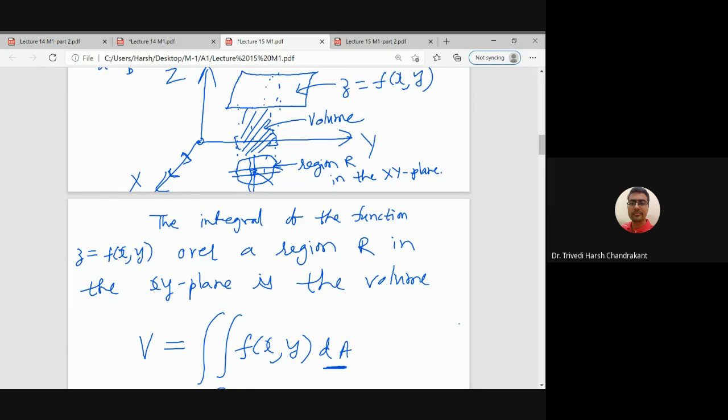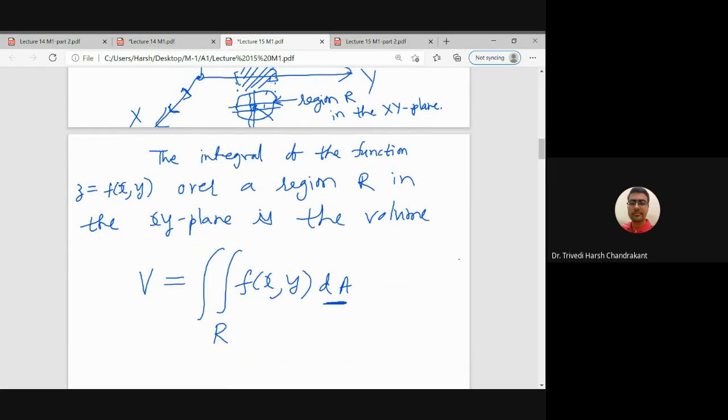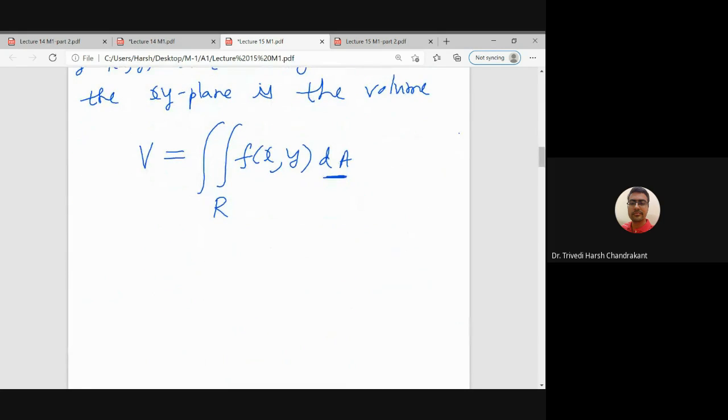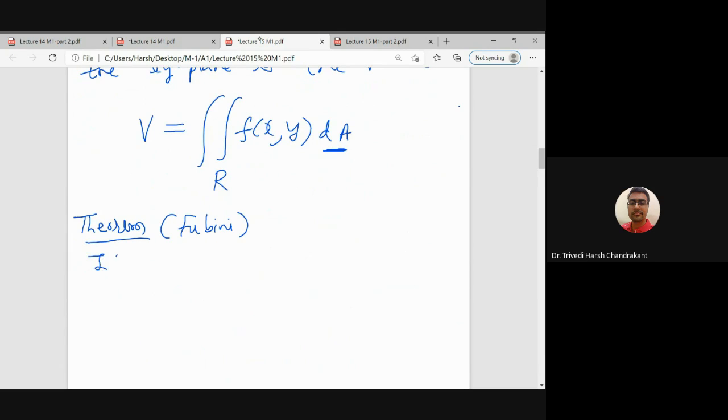So the first theorem we will study is Fubini's theorem. That is whenever we have a region as a rectangle. So let us write down the theorem. If we are given a function f of x, y, which is a continuous function,